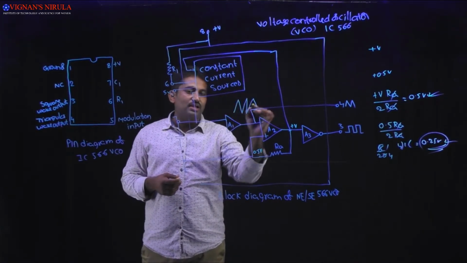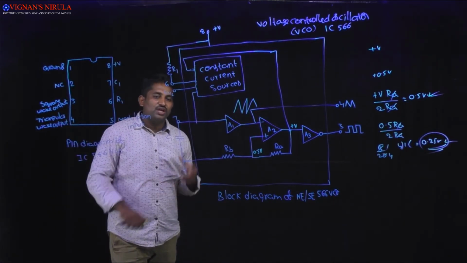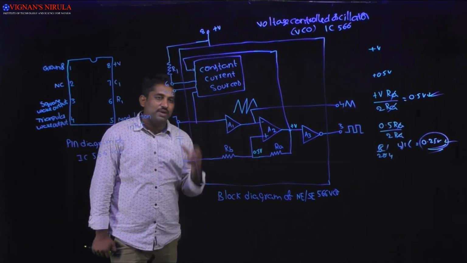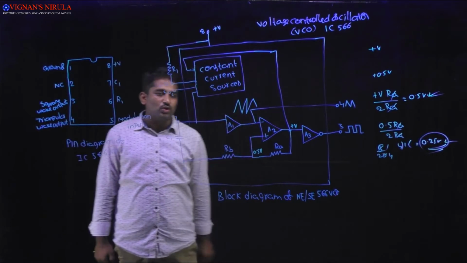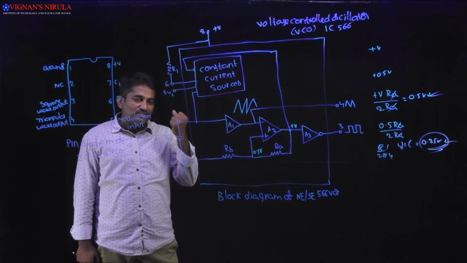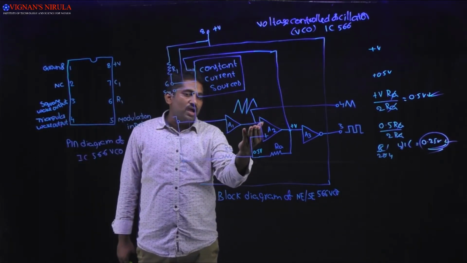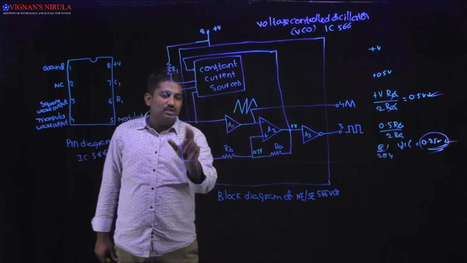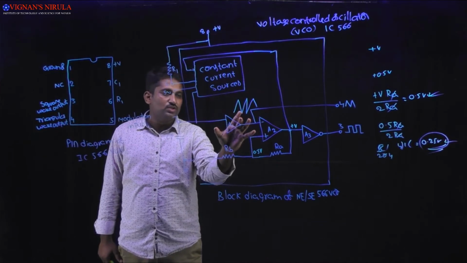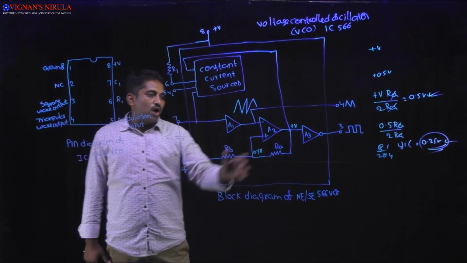Why am I representing it as a triangular wave? The charging of the capacitor as well as the discharging of the capacitor is done by using the same constant current source. That's why the time required to charge the capacitor as well as discharge the capacitor will be the same. So here it produces the output at the buffer, that is, the charging and the discharging will be nothing but the output of the buffer. So the output of the buffer is nothing but the triangular wave, and the output of the Schmitt